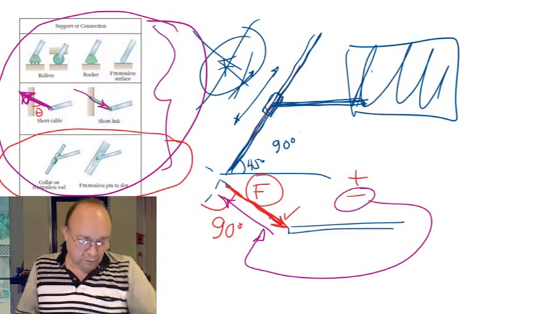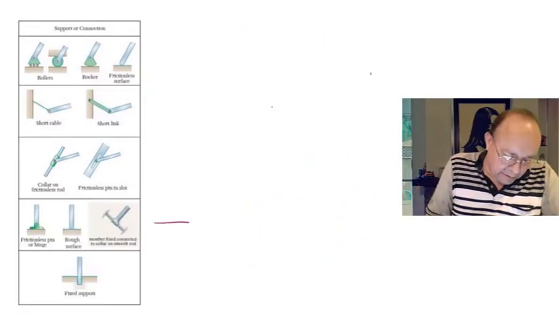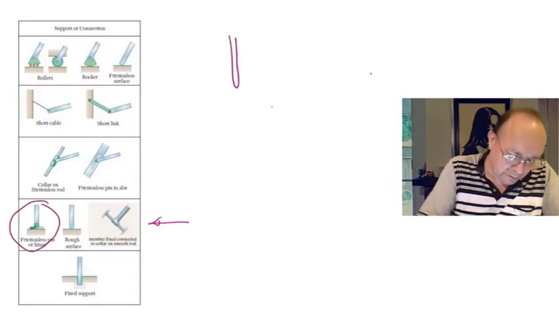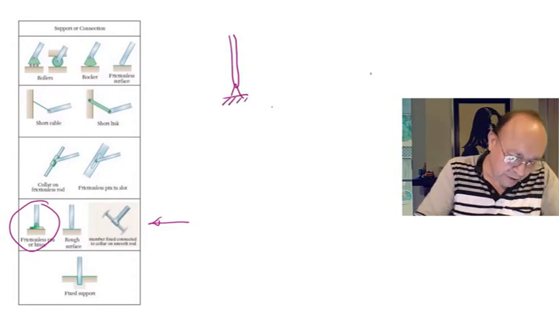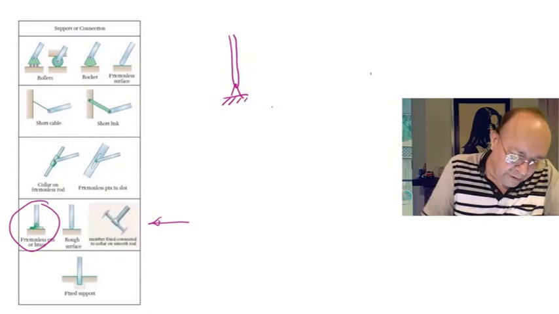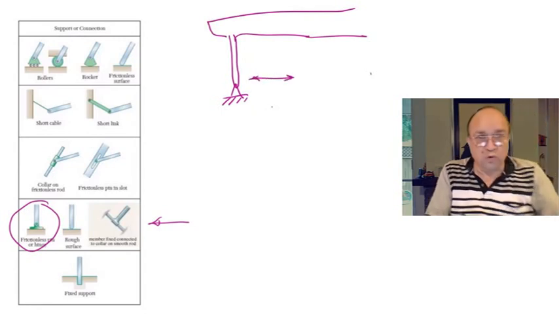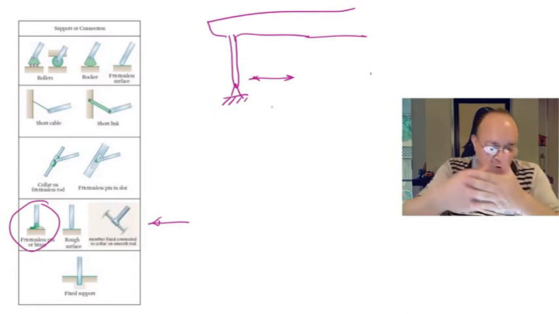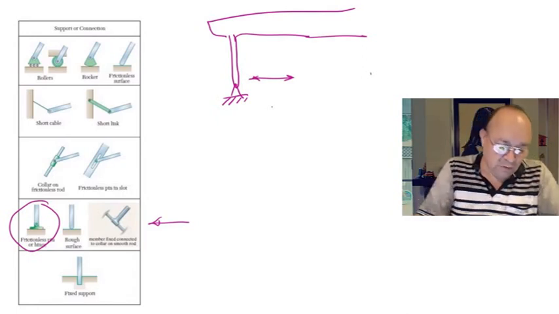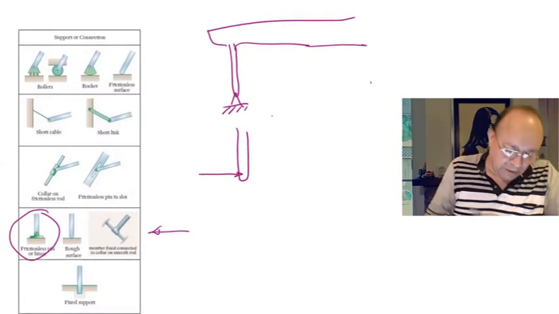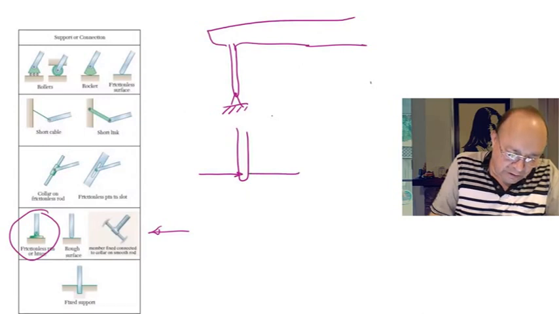third set of supports. In this set of supports, let's take a look at the first one here. We have this. This is another way to represent the same kind of support, just a pin connection. So if the body tries to move horizontally, this pin is going to oppose the motion. It's going to apply a reaction that doesn't allow for that motion. So this support will be able to apply force in this direction or in this direction.